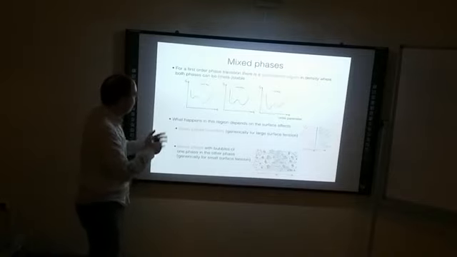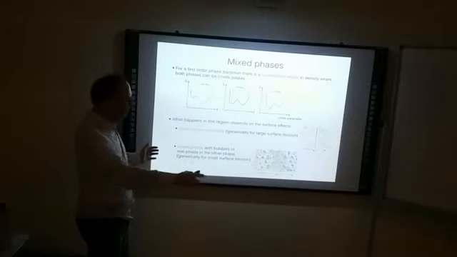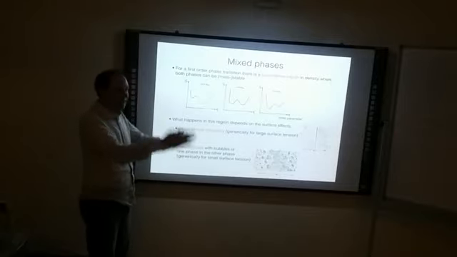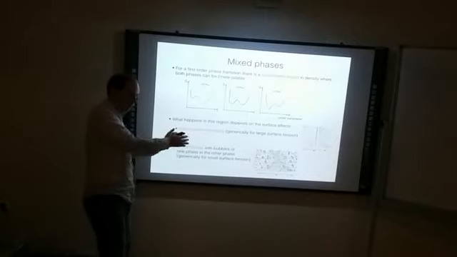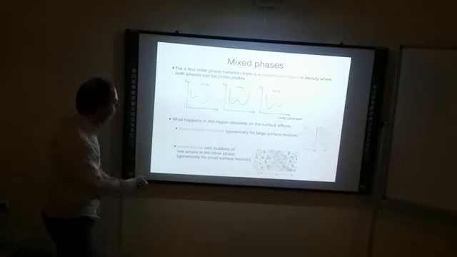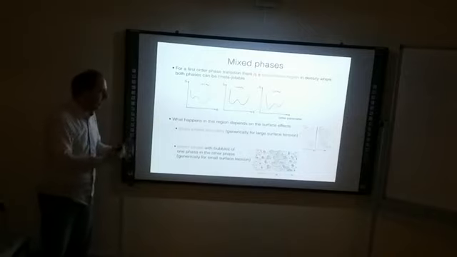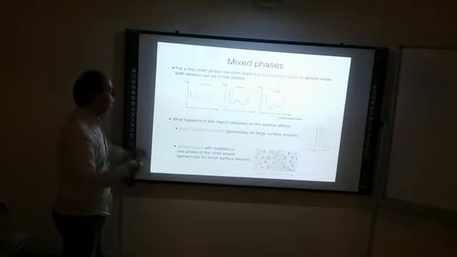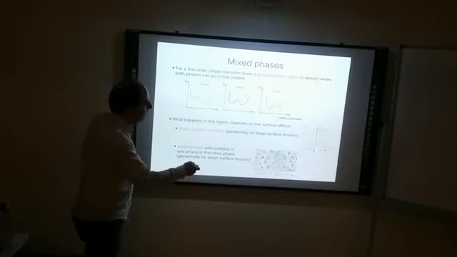Now, remember, in a neutron star, we would go from here to here by increasing the density. That means all these different stages are realized at the same time, somewhere in the neutron star, as the density increases towards the interior. And correspondingly, what you get is one of these two situations. It depends on the surface energy or the surface tension. If the surface tension is very big, then you don't want to form these small droplets, and you stay in a situation where you have a sharp boundary between the two different phases.